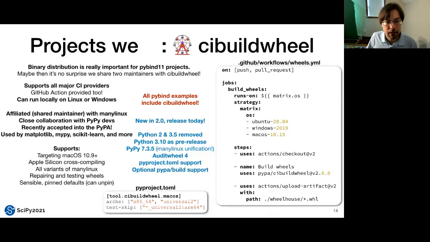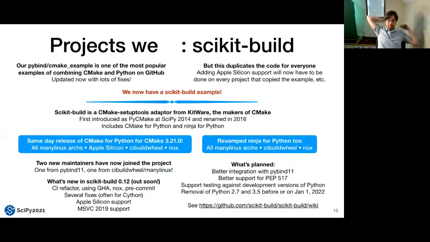Okay, and then another one that we love, which has a long history here at SciPy, is scikit build. Our CMake example is actually, as I said, one of the most popular examples, but this really duplicates code for everyone. For example, we added Apple Silicon support. Now every person who's copied our example has to add it. We now have a scikit build example that was new in 2.6. And